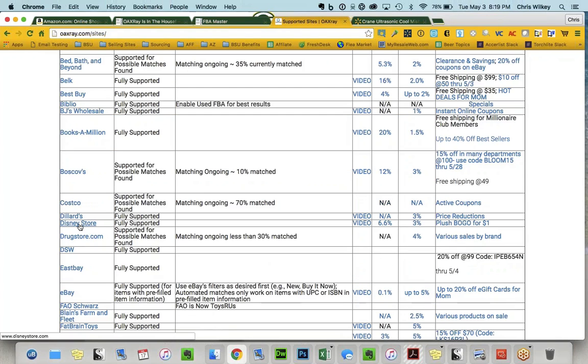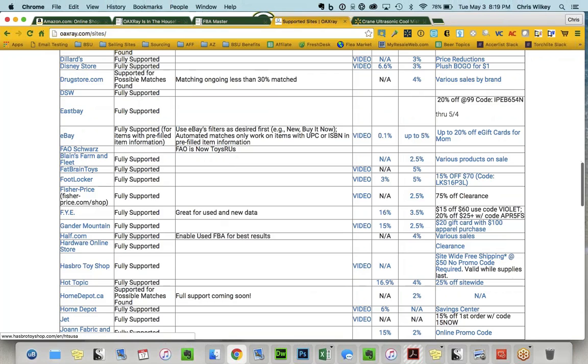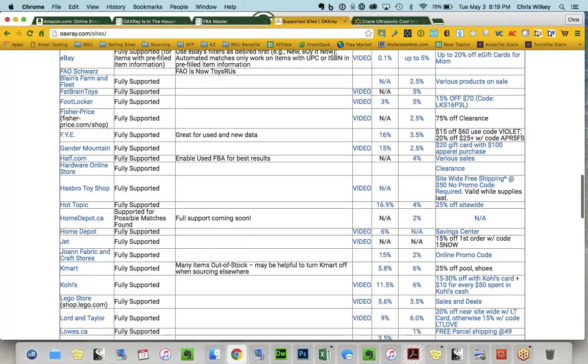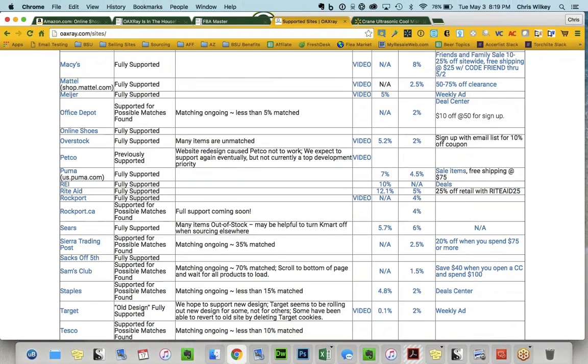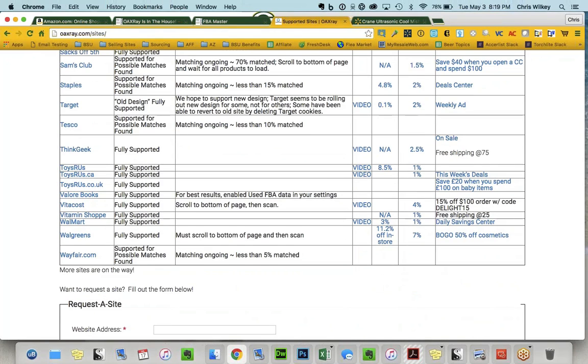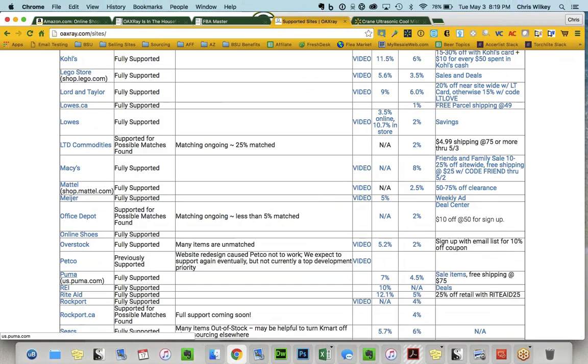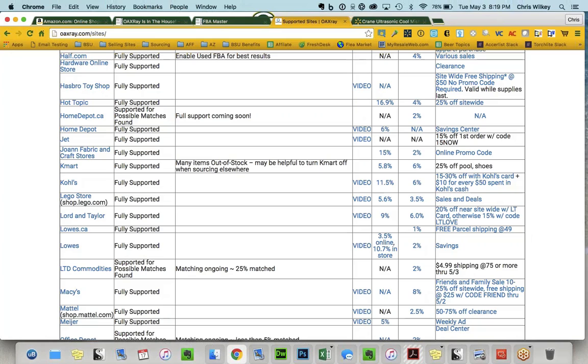You'll see they have the Disney Store, Gander Mountain, Hot Topic, Jet, Kmart, Kohl's, Lowe's, Macy's, Sierra Trading Post, Sears, Staples, Target, ThinkGeek, Toys R Us, Walgreens, Walmart, Vitacost, Vitamin Shop, LTD Commodities, Lord & Taylor, Home Depot. They cover a wide array